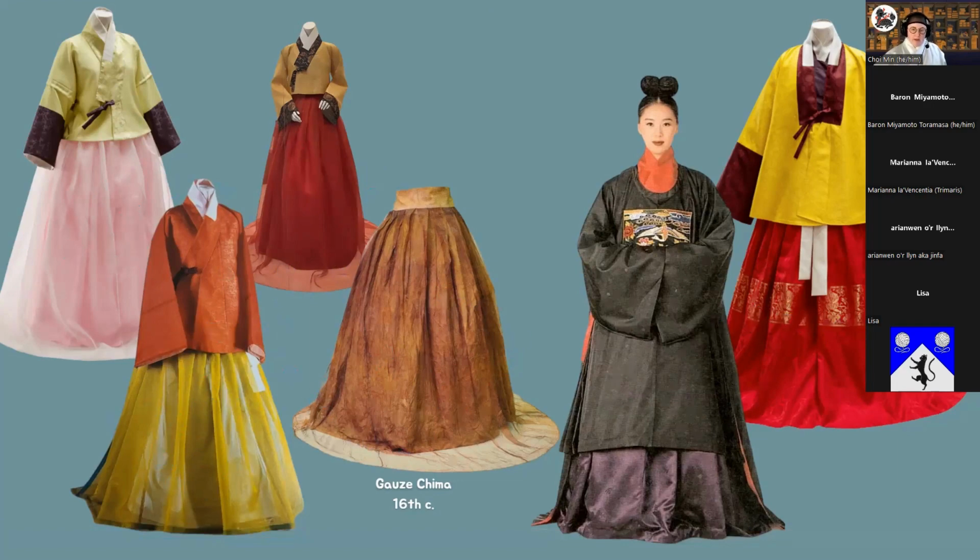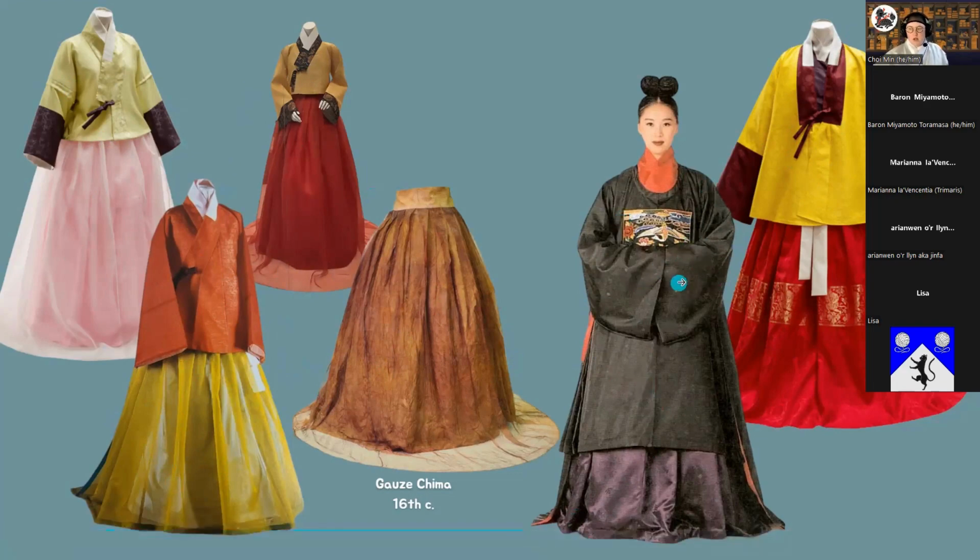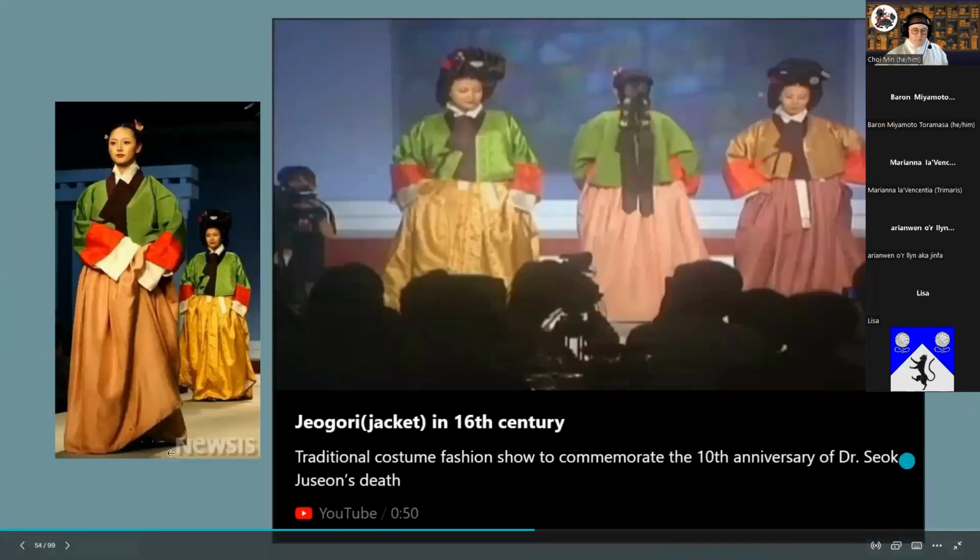Here's a reproduction of that Madame Han skirt. Under this, you're going to have a regular chogori, and then this is just like an overcoat. And here's a picture I included because it's similar to Song Dae-gam's round collar robe that she has done in green. You would basically just wear your regular stuff, and then you would throw on a coat, or you would throw on an official robe over top.